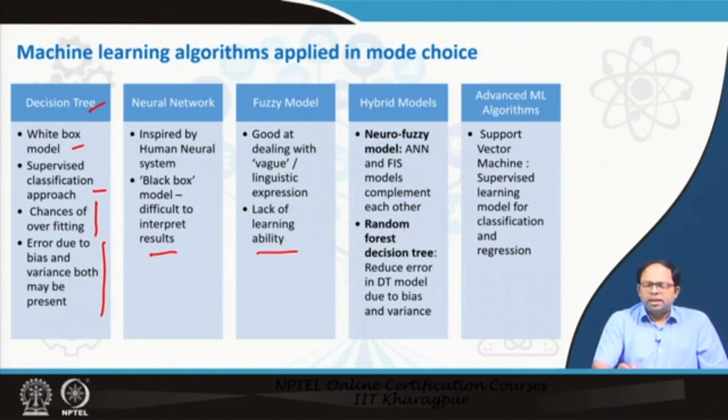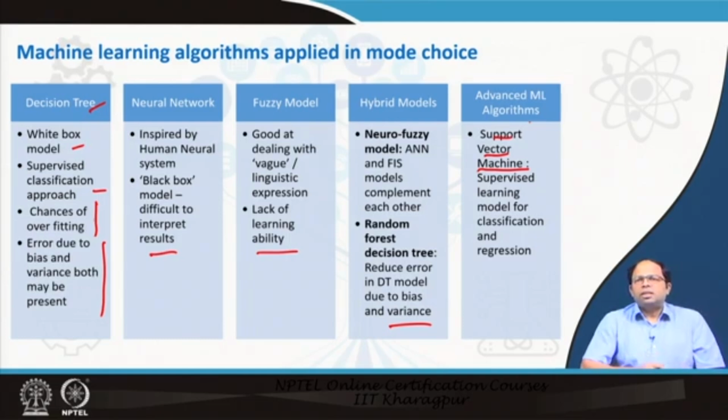they complement each other. And then we have the random forest decision tree, where we can reduce the error in the decision tree model due to bias and variance by increasing the number of trees that we are looking at. That is why the bias and variance would be reduced. And we also have something called support vector machine. This is again a very advanced technique, where different decision planes are created for the same set of data, and using those different decision planes we can do better classifications. This is again a supervised learning model for classification and regression. So, these are the different machine learning techniques which we find have been used in previous research for mode choice